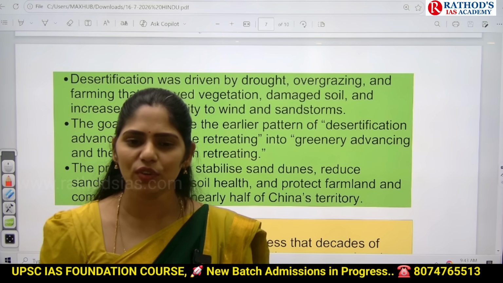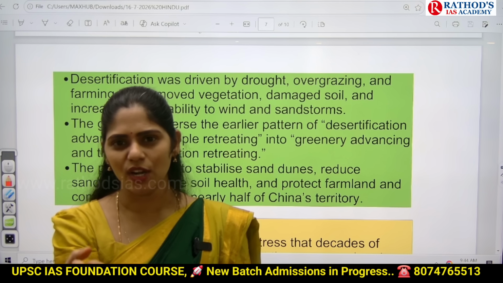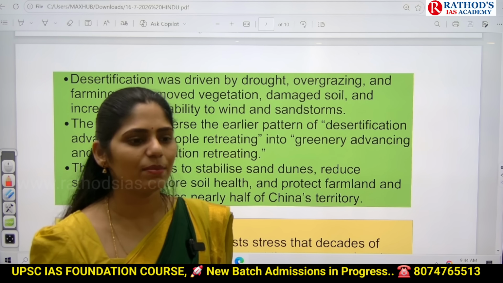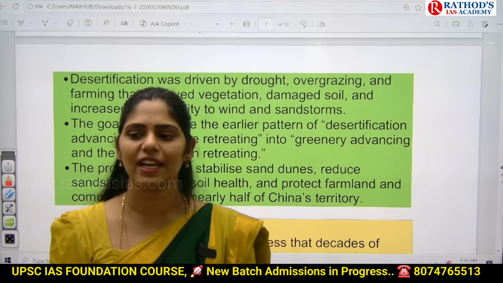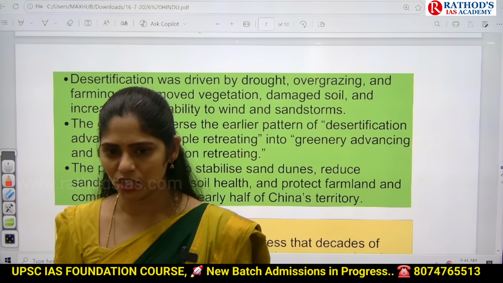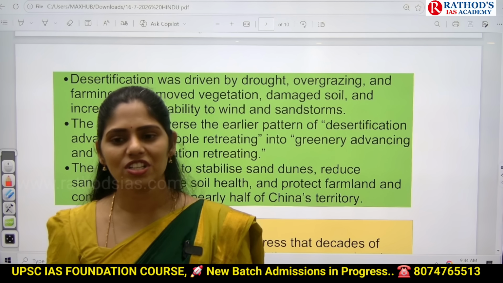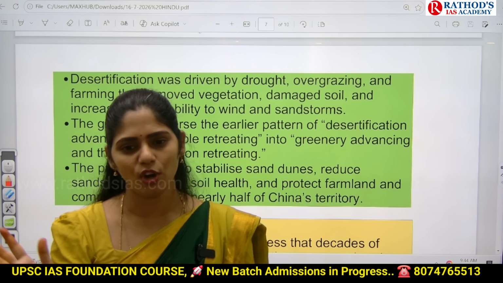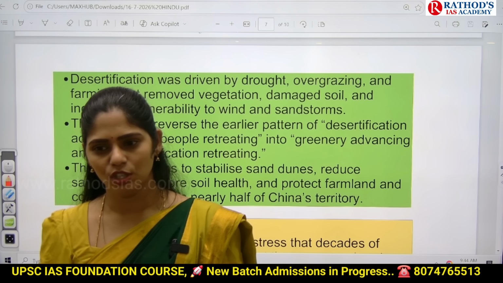Why will the wind be moving at a very high speed? The sand will be absorbing a greater amount of heat. Whenever the sand absorbs more heat, which pressure can be seen there? Low pressure. Whenever this low pressure is created, what happens according to the pressure gradient force? Winds will always move from high pressure to low pressure.